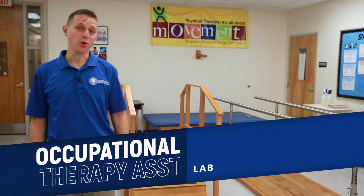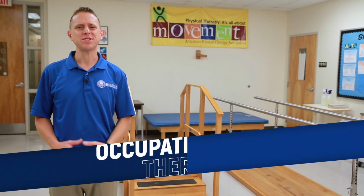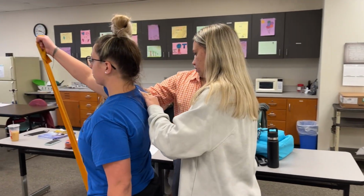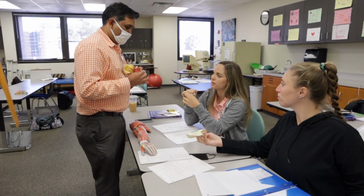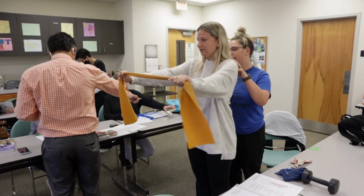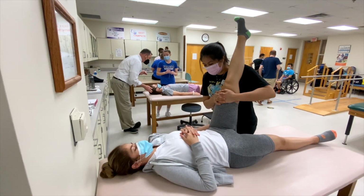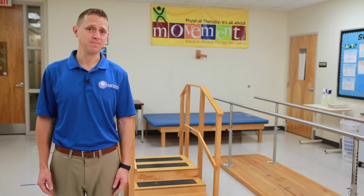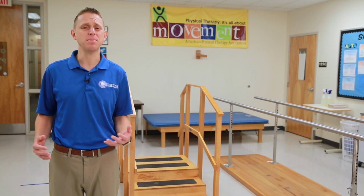Occupational therapy assistants, or OTAs, collaborate with occupational therapists to develop and carry out a treatment plan for each patient, helping them regain motor skills. Plans include activities of daily living, or ADLs, such as bathing, dressing, toileting, and generally caring for their own needs. OTAs also may work with people who have learning disabilities, teaching them the skills that allow them to be more